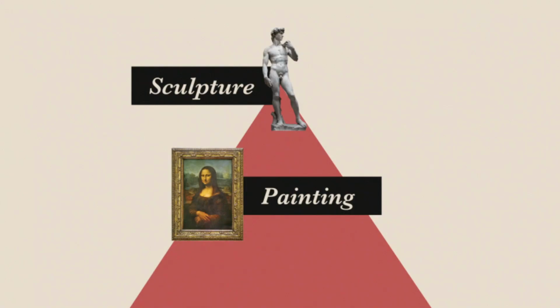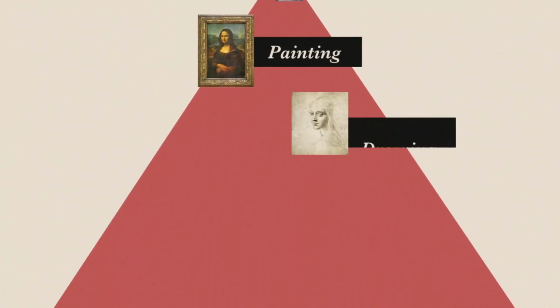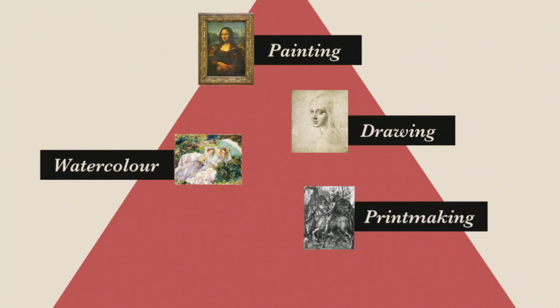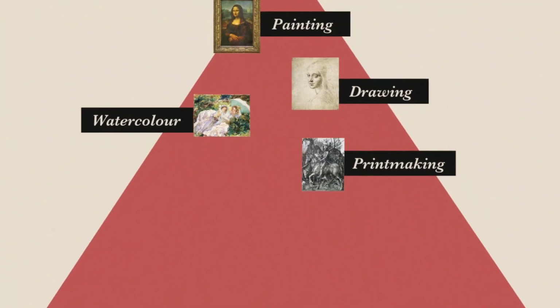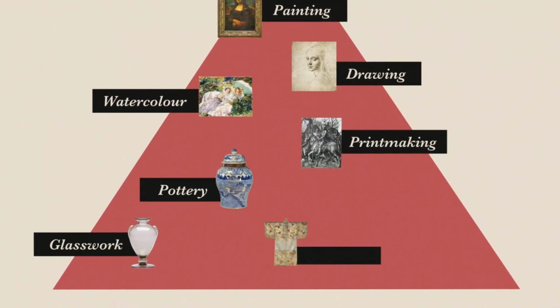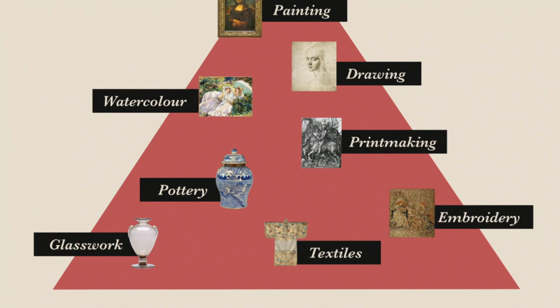Further down the hierarchy, you have things like drawing, watercolour, some forms of printmaking like etching, engraving, and at the bottom of the hierarchy, you have things like the decorative arts, so glasswork, pottery, textile arts, embroidery, all of those kinds of things. And today, street art usually occupies one of the lower tiers, but it depends on who you ask, of course. If you ask my father, he would say it doesn't deserve a place on there at all. The important thing to note about the hierarchy of medium, though, is that it changes from time to time and